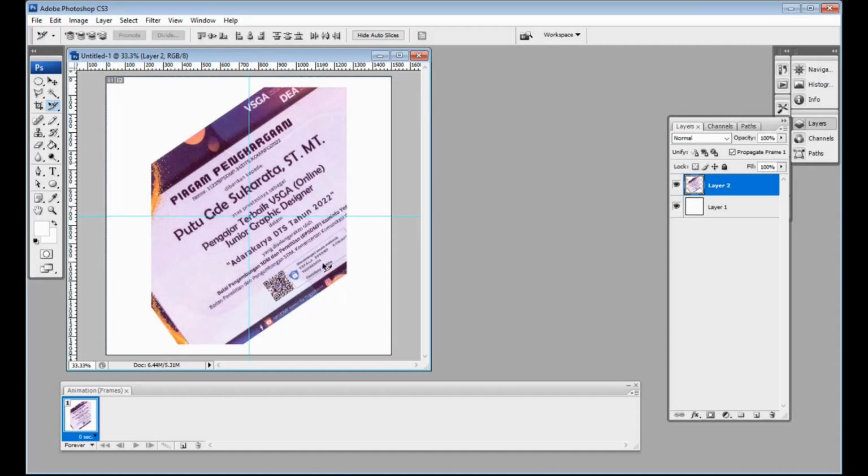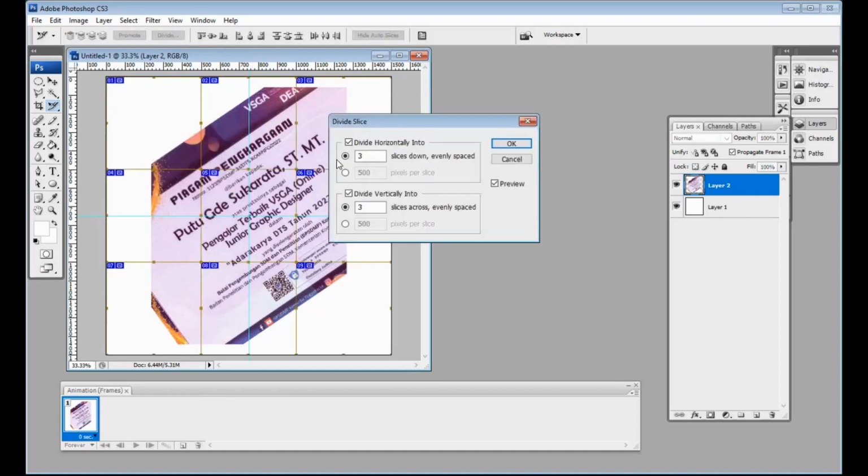If we want to divide into another slice, we can move closer here, then right click, and then Divide Slice. Okay. If we want to set one divide one, maybe 1000 and 1000 per slice. Yeah. If we want to divide, use maybe 3 horizontal, and it will look like this.